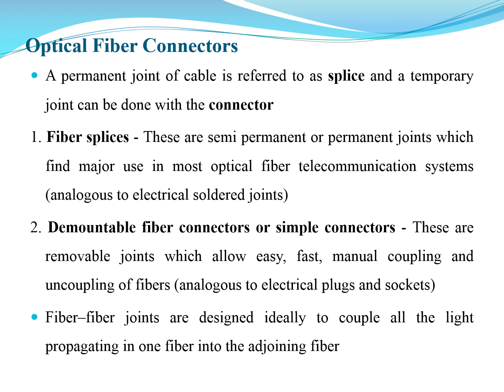Then we start with optical fiber connectors. If I join the optical fiber, the fibers can be joined in two different methods. One is that it can be joined permanently, a permanent way of joining it, or it may be joined temporarily. If I say permanent joint of a cable, I state it as a splice. The process is splicing, and the temporary joint can be done using a connector.